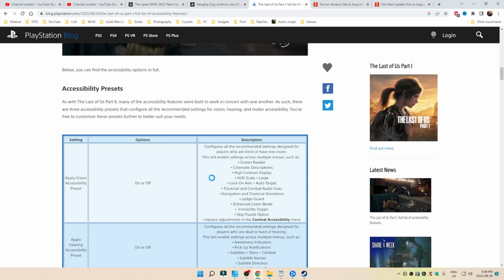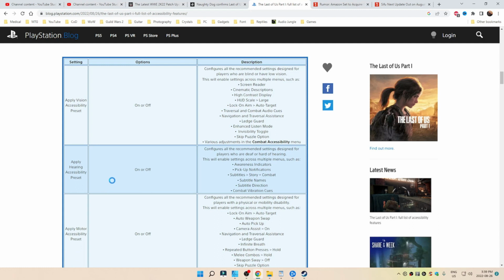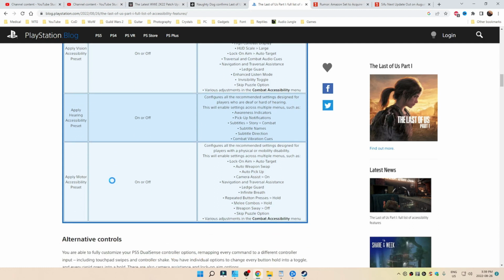It's going to be basically along the lines of what we've come to know from The Last of Us Part 2. So I'm just going to very quickly read out the setting, but I'm not going to read out the description because we'll be here till past when the game launches and you'll just be able to read the description on your own. Apply vision accessibility presets on and off. Obviously, you could see here there's a plethora of options at your disposal. There's going to be some hearing accessibility presets, motor accessibility presets,